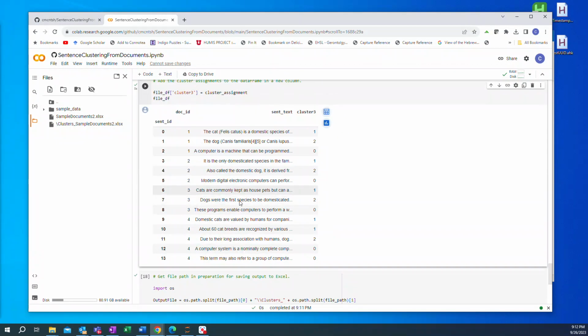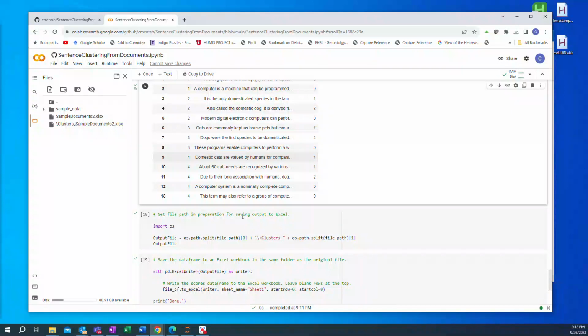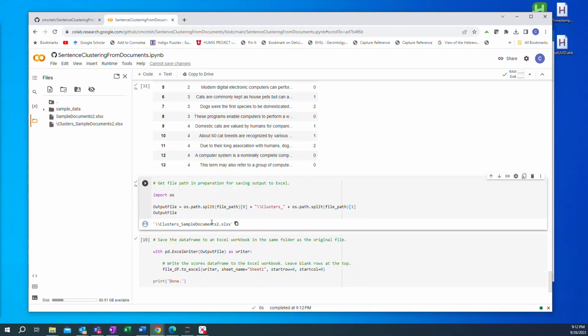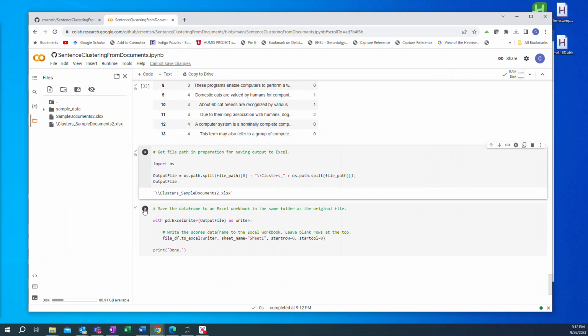And that is handy to see this, but I'm actually going to export this to an Excel file so we can download the file and then do whatever we want to in Excel. So this uses the OS module to add a name in there for the original file. And so we're going to create this clusters sample document 2. Just adds the word clusters into the original name so we know it's the final report. And then we can